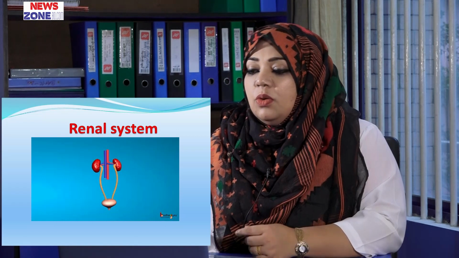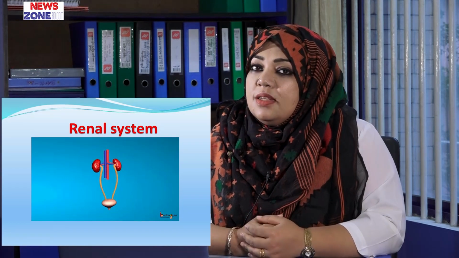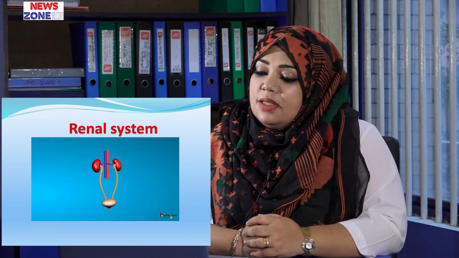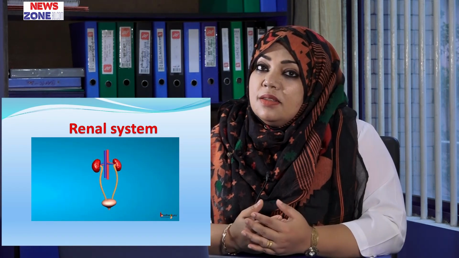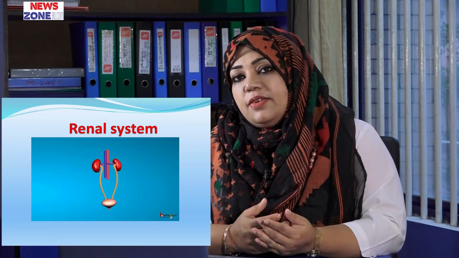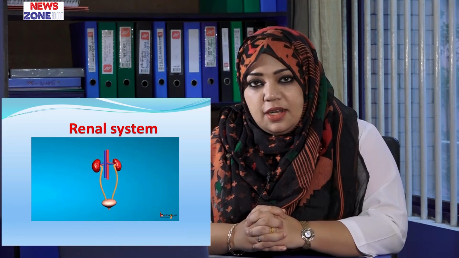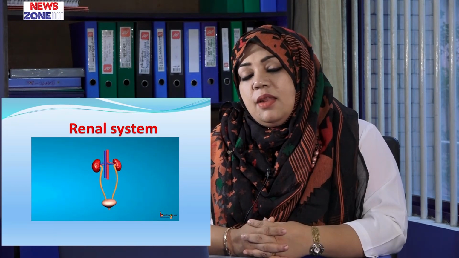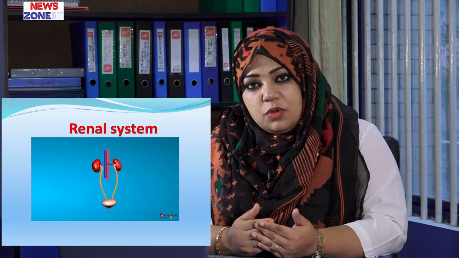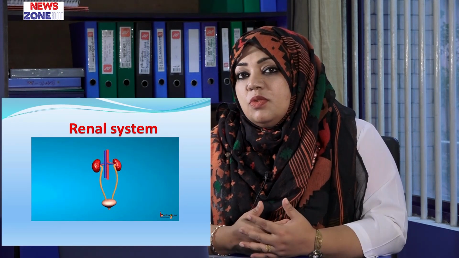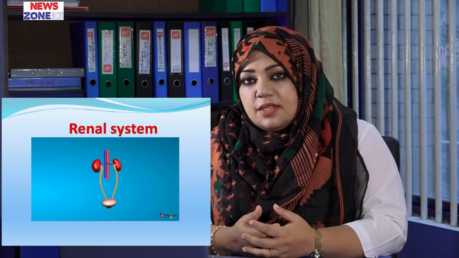As you already know, there are two kidneys located in the posterior wall of the abdomen, and the ureters arise from the hilum of the kidney. The ureters carry urine into the urinary bladder, which is located in the pelvic cavity. And when the urinary bladder is full, there is micturition reflex, and then the micturition process occurs and urine is excreted through the urethra.